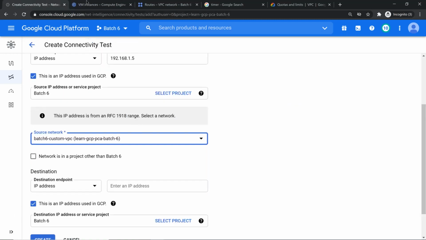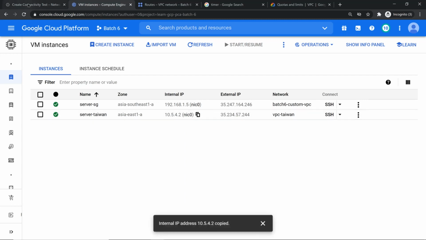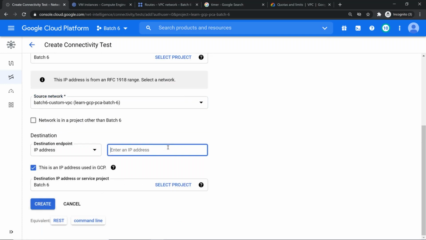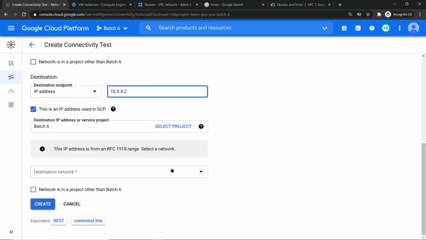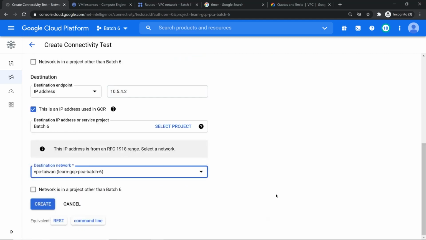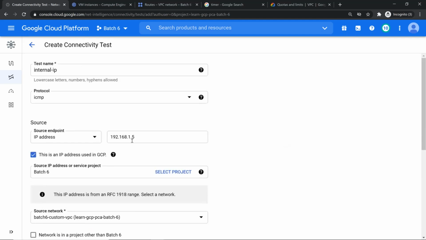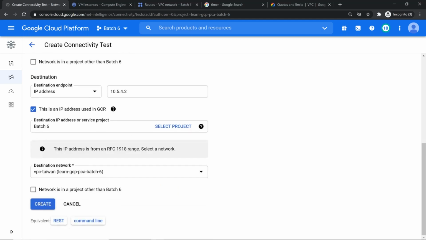Good. Then what's your destination? The destination is this one. The moment I put that, again it's going to show which network. So I'm going to say it as Taiwan. That's it. So what we did, gave a name, copied our IPs. Because it was smart enough to find its internal IP address, it asked us what's the network also. Now both these networks are already peered. So the moment I click on create,